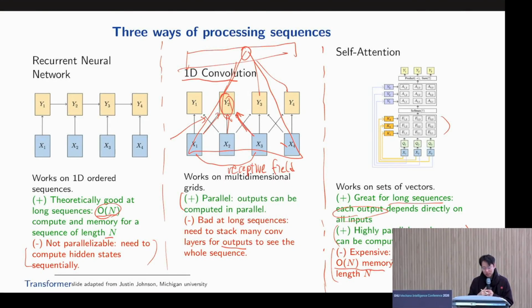So it's n squared to compute and in memory for a long sequence of length n. Addressing this is a very, very active research area: how can you propose a next self-attention module or architecture that still has good performance, but has less compute and memory